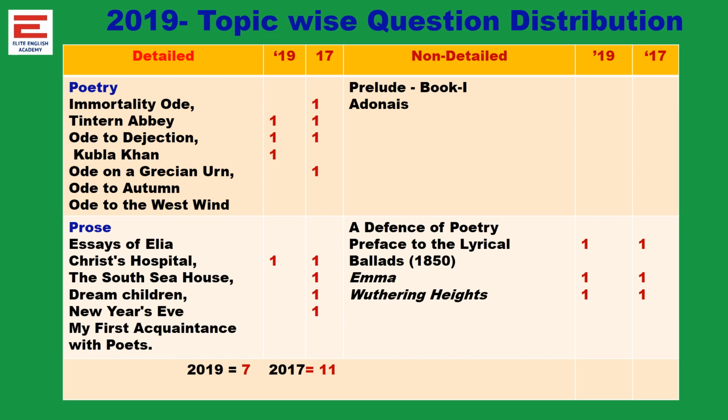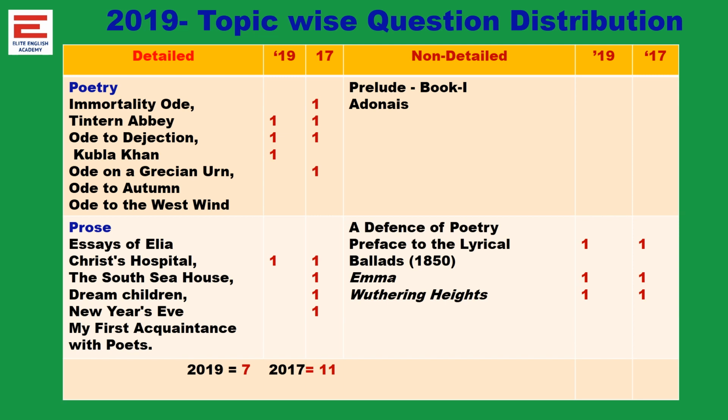Then in 2017 more questions are asked. In 2017, 11 questions are asked, whereas in 2019 only 7 questions are asked. So what we have to understand is that every year the same number of questions may not be asked from the same unit, so we have to be prepared for that. If a few questions are fewer from one unit, from another unit there may be more questions. But as per the requirement, they have limited the literature questions to 110 in both years.